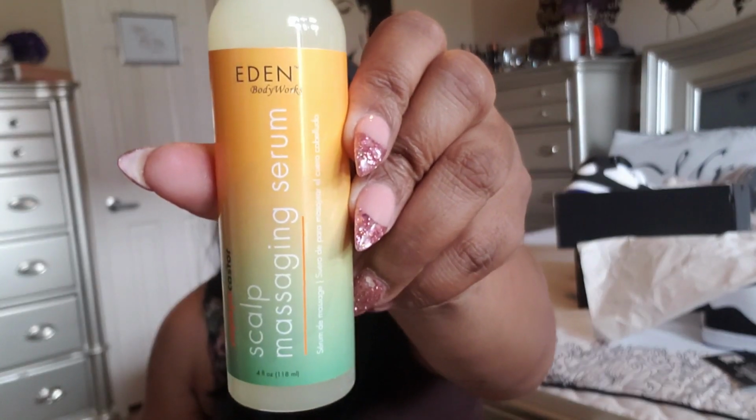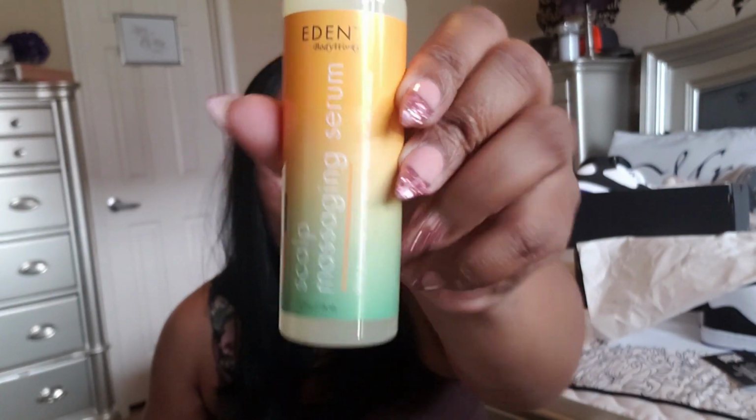Okay, so the next thing is, hey, a scalp massaging serum. And it says how to use. Apply lightly directly onto scalp. Massage the scalp. Do not rinse. Y'all know I'm finna use this. My hair is braided down for 3 months at a time. And I might use products typically because I don't like to clog my scalp. So my hair is braided up for 3 months. I'll probably use these products